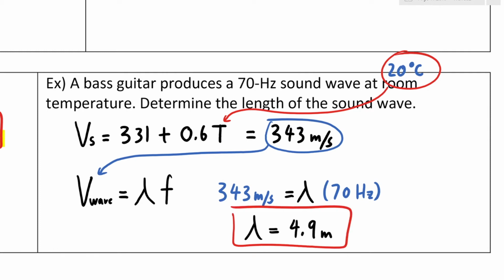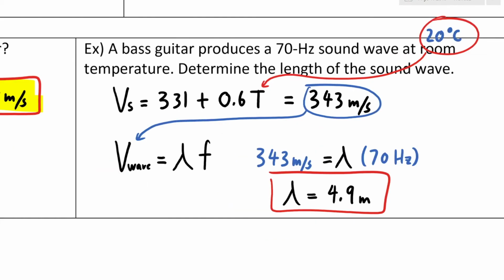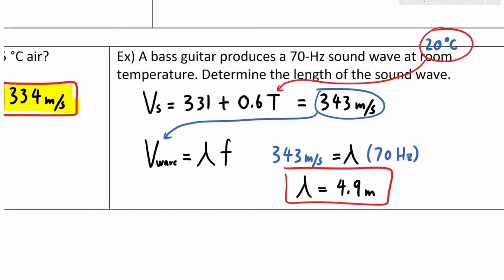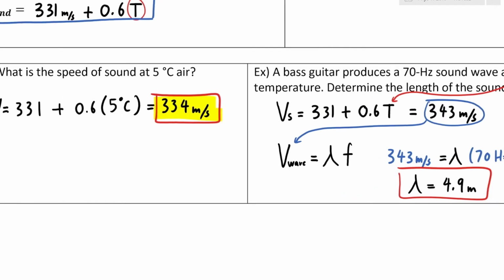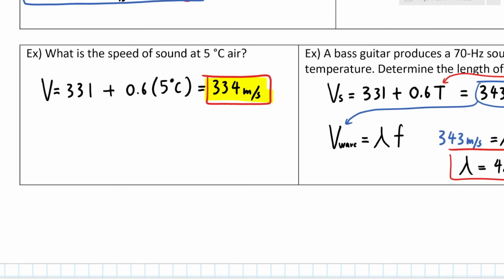Okay, so in this example, we had to use two different equations. We had to use a speed of sound wave, and then we had to use the wave equation, which was from last day. So now is a very good time to consolidate all these speed equations because there are now two, but if you remember on day one, we actually had another speed of wave equation. Now let's write them all down.